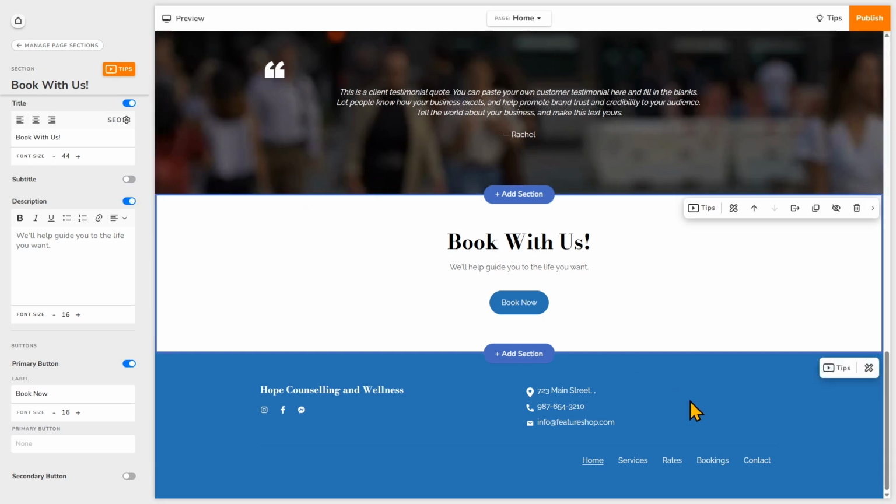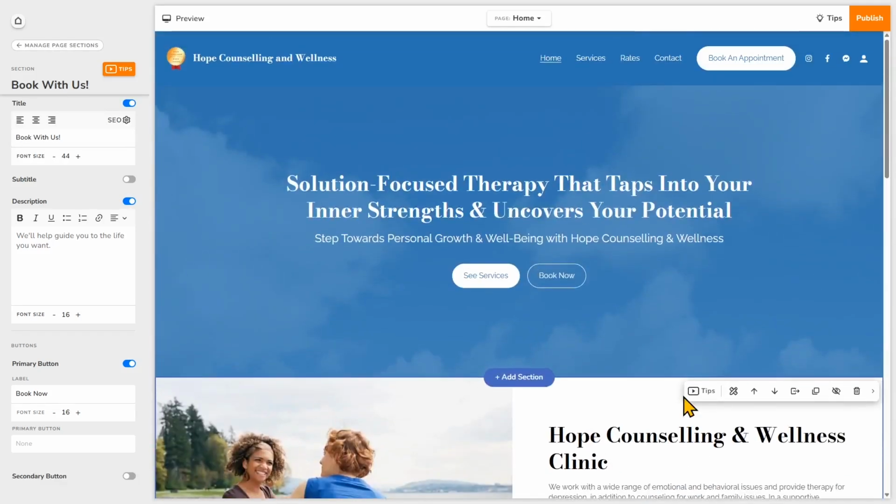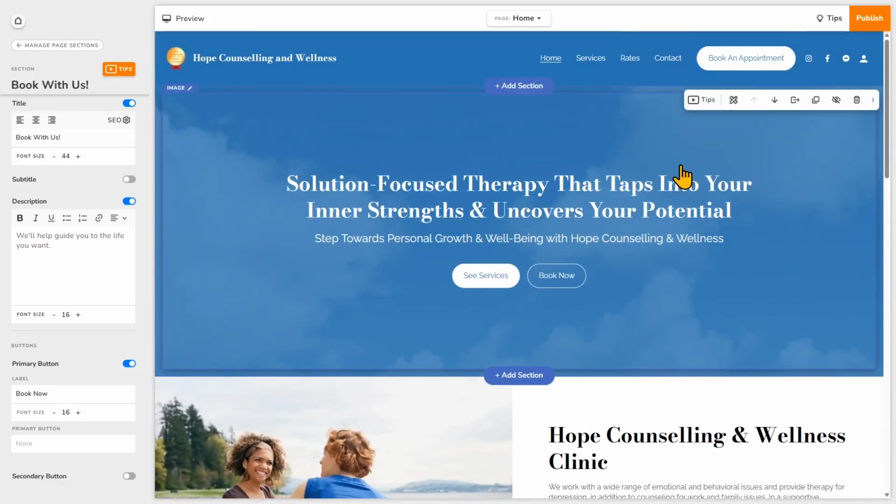Now I've edited that section, let's break down how to create an effective homepage using design theory. So we're going to start with visual hierarchy. This means guiding the viewer's eye using size and contrast. So if we look at the welcome section, a title should be the biggest thing that they see, so we have that right here. Following that with a smaller subtitle, which we also have with this template, and then a bold call to action button.